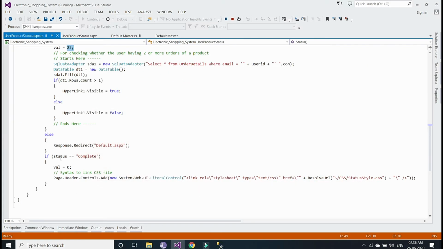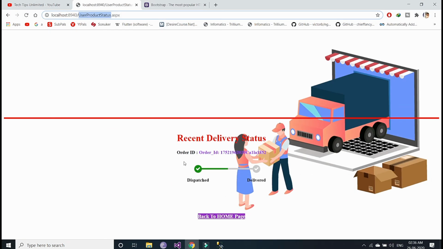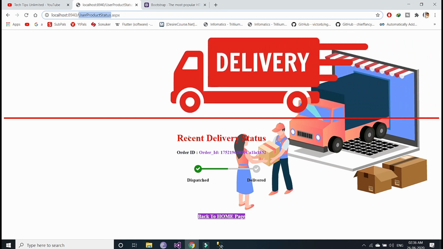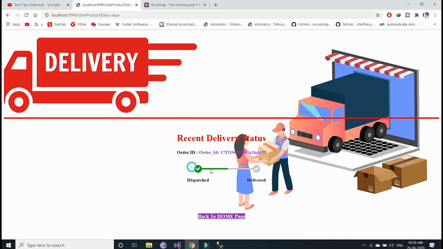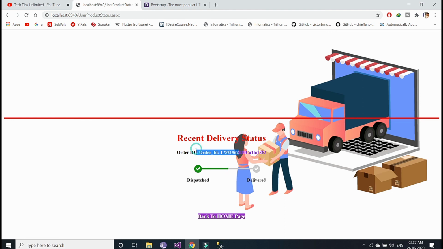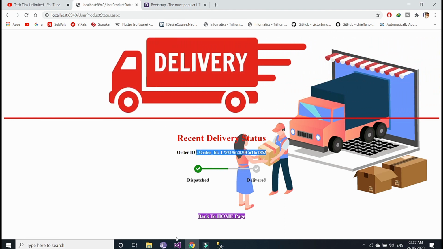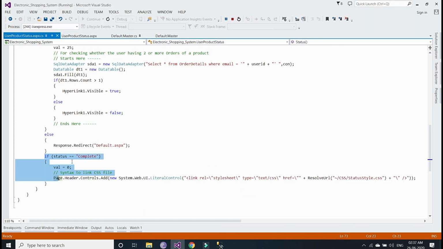If it does not execute this part, that means it is in pending status, then this van will be in motion. You can see in this case, for this order ID, the order has not been delivered, that's why it is in a moving state. Based on that, it will set the value.